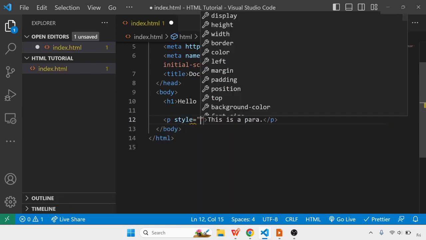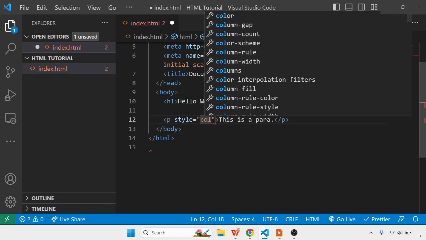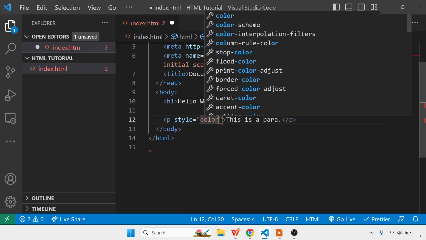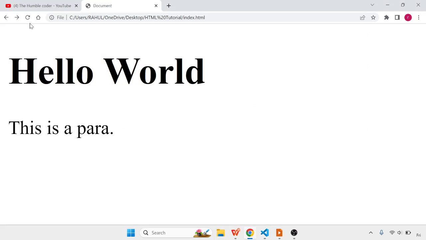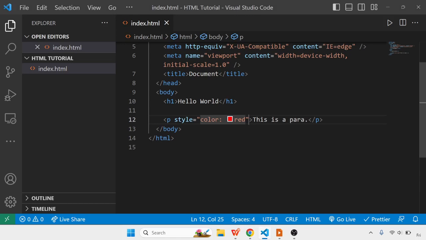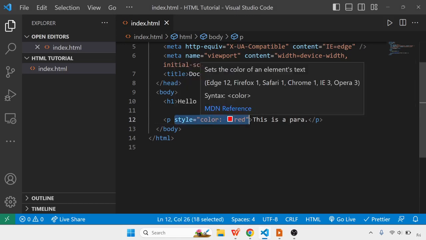We can make use of this attribute and provide the value to it. In the value section we can mention that the color of this paragraph should be red. Once I do this and save the file, on refreshing the page you can see the line is displayed in red color. This is the main use of an HTML attribute: this style attribute is providing additional functionality to the paragraph element.